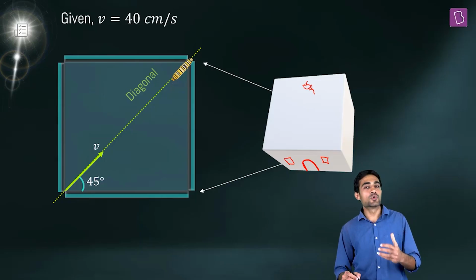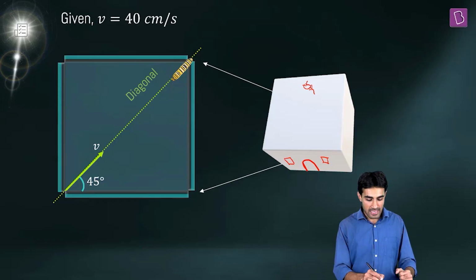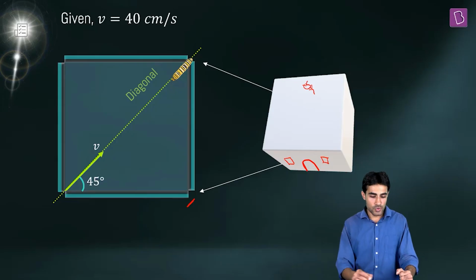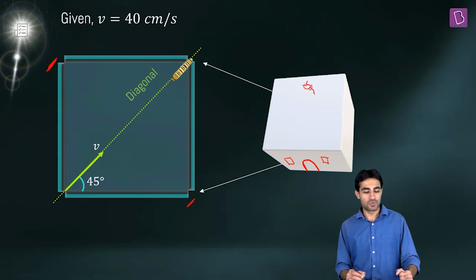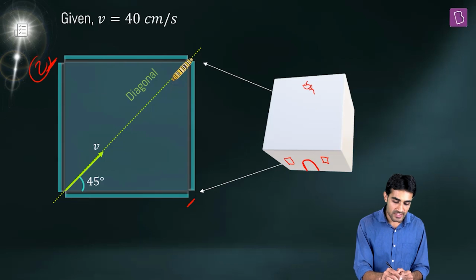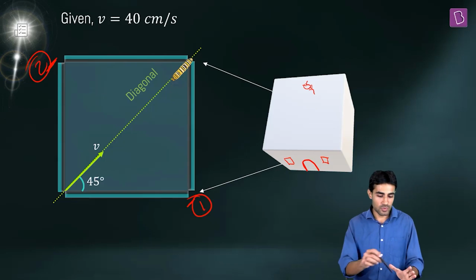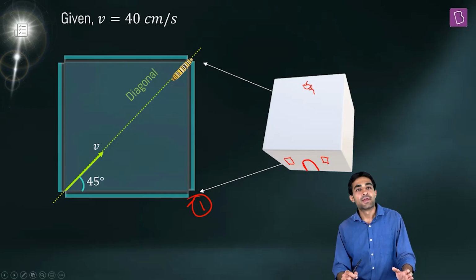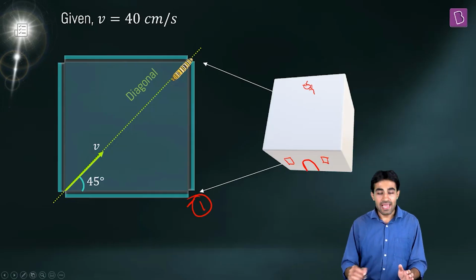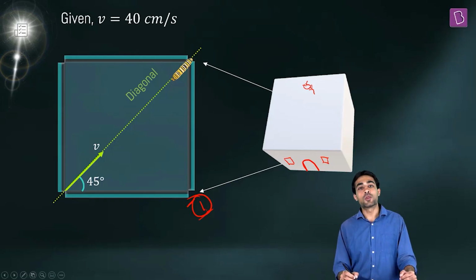Now you saw the motion of the insect just now. Now let me show you two walls which are adjacent. So this is wall 2, this is wall 1. Now let's be concerned only with wall 1. So let's forget wall 2. Now what will be the image of the insect by the mirror placed on wall 1?